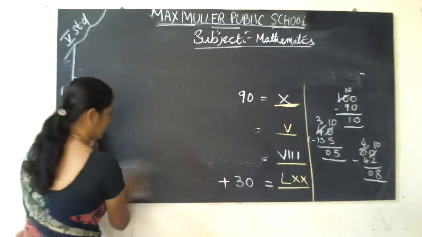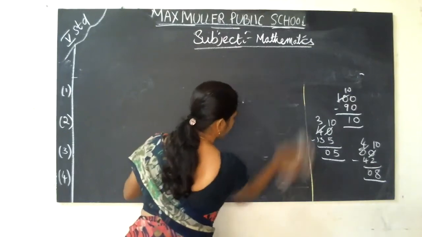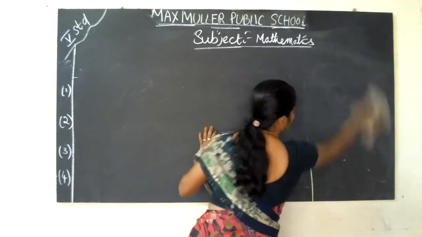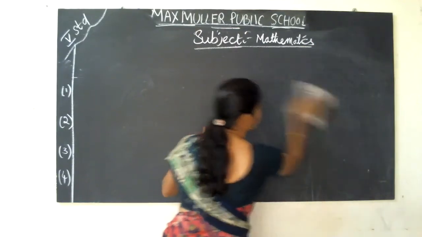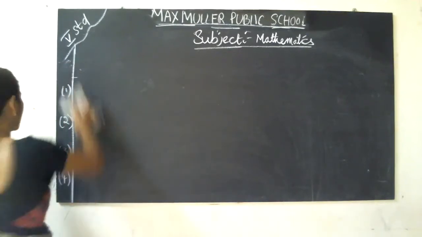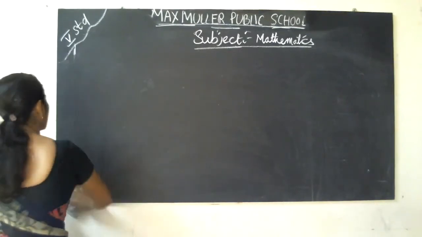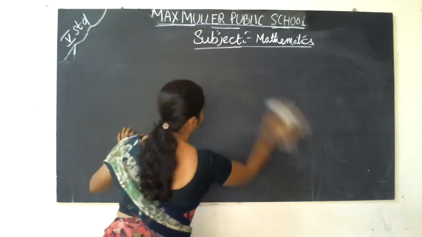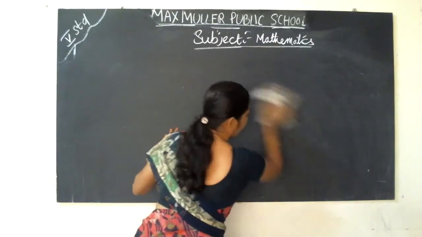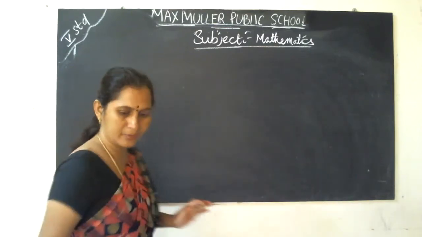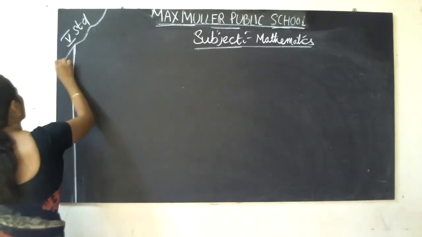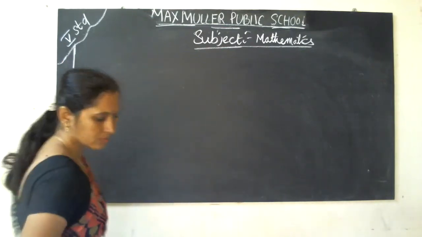Next main. First and second main you can refer from the worksheet. Fill in the blanks and compare the following. You have to refer to the worksheet. The same numbers will not come, children. Listen carefully. The pattern is the same, but the numbers are different. So read thoroughly and practice. As many times as you want, you can practice.